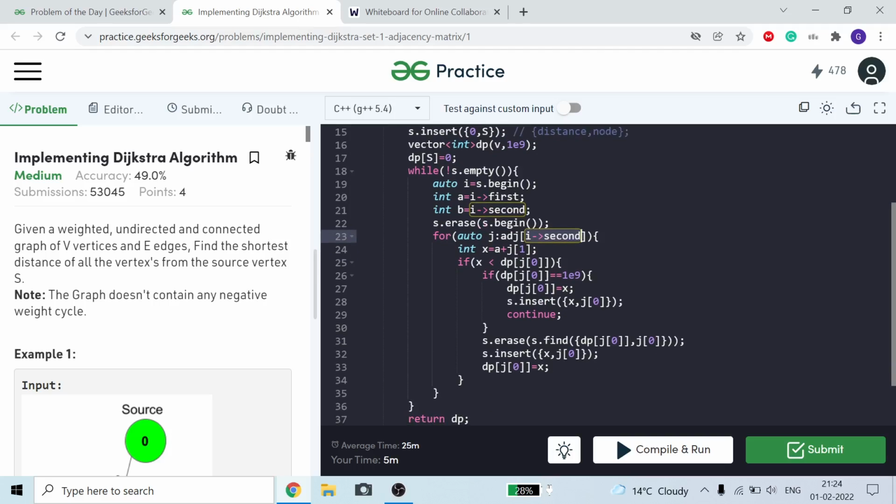Then we took a variable x. What is our x? The cost of our I dot second, and the cost from I dot second to j. The cost of the current node and the cost of that node to that particular node.